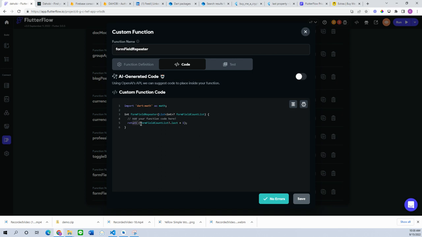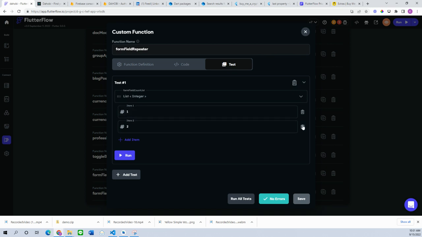So what I'm returning is form field count list, which is the list itself, and I am saying list dot last. Because it was zero initially, my list dot last is going to have a value of 0, and I am adding plus 1 to it, right? So if my list dot last is 1, I'm going to add plus 1, and it is going to become 2, right? So the moment I say that you are going to return this value, it is going to read my list. My list in the initial state has only one value of 0, so this is going to add 1. So my return is basically going to be,